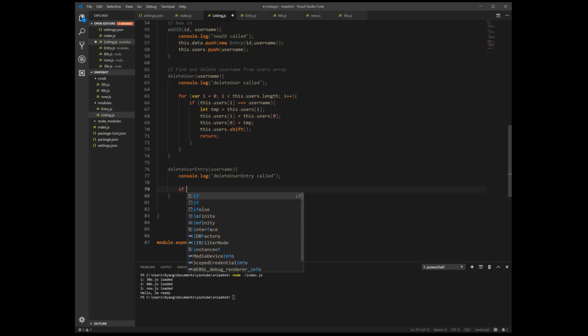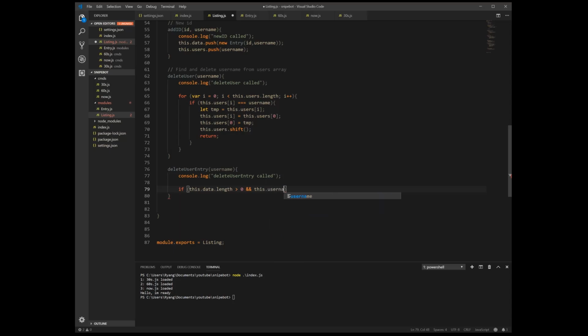So if this.data.length is greater than 0 and this.users.length is greater than 0. So if we do have information in both of these, we can continue. If we don't, then don't do anything. We don't want to do anything if we don't have any data in our arrays.